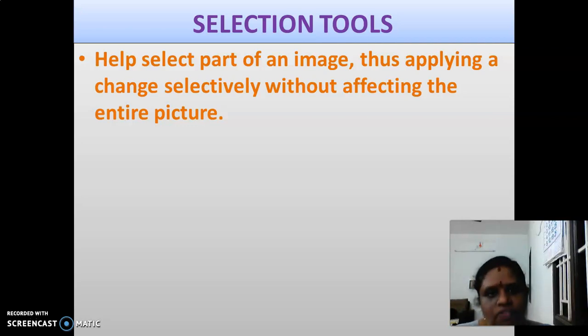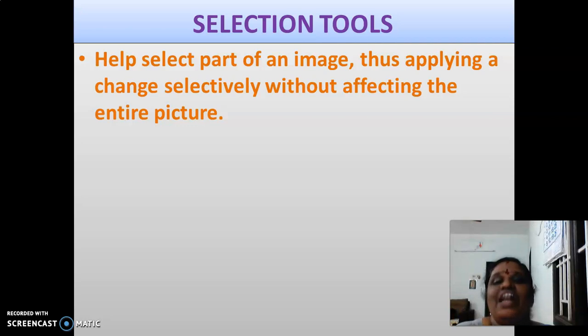So likewise, if you want to select a certain part, like I said before, if you don't want something in your picture, say somebody is standing behind somewhere, we can select that part, edit it and delete it. For that we want selection, because we want to select that particular item and make whatever necessary changes we need.